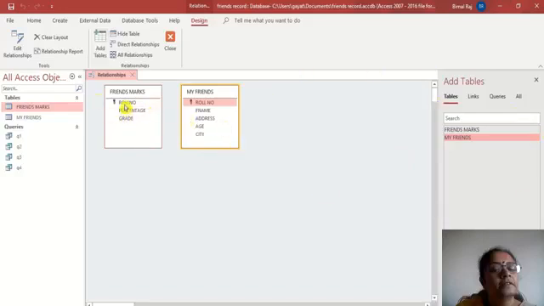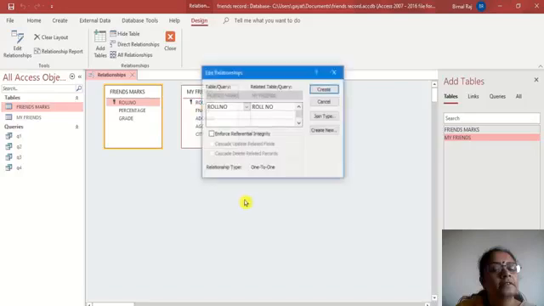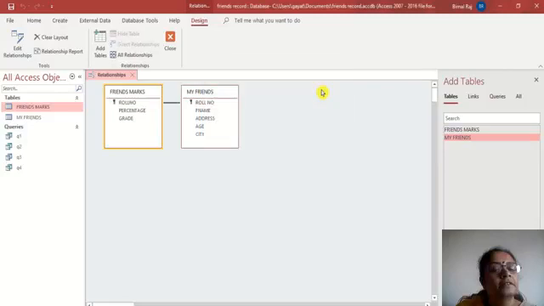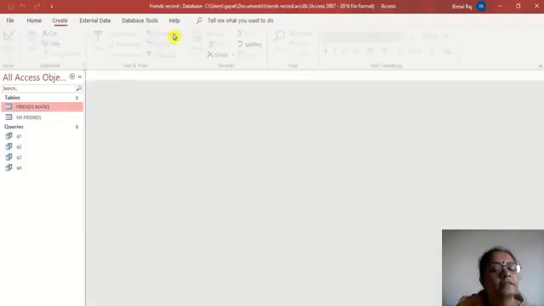Again, what am I going to do? The primary key of the first one, drag it, put it onto the primary key of the second table and create a relationship. Now I have already created the relationship. I save the relationship and I close.